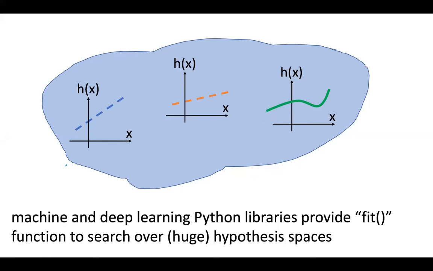However, in these courses that you now attend, we don't ask you to learn methods for optimizing functions. We don't ask you to understand optimization methods. We will merely use ready-made Python functions that come with Python libraries like scikit-learn or keras, and which provide a function which is often called fit. Whenever you see a function called fit, with some parameters, what this function does is it searches for the best hypothesis out of a huge hypothesis space. Okay, so the question now is, how do we define the hypothesis space? You define it by choosing,